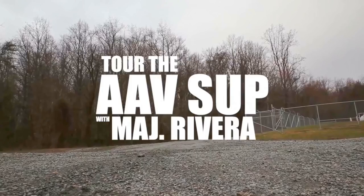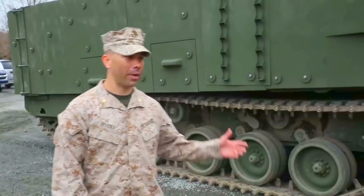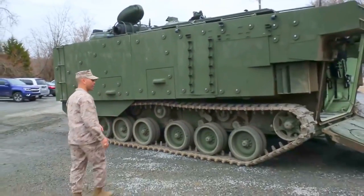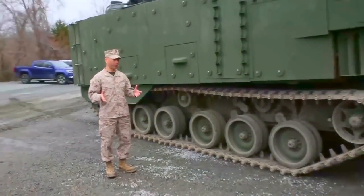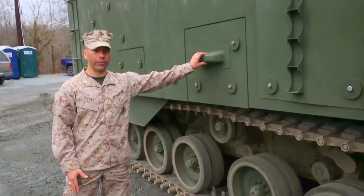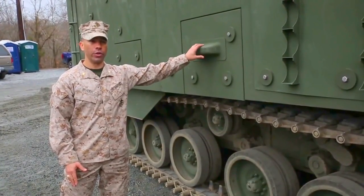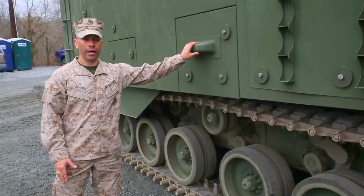I'm Major Paul Rivera, I'm the AAV Survivability Upgrade Project Team Lead. What we have behind here is the SU itself. What I'll focus in on here is we have the force protection upgrade, which is the foundation of this actual platform. So what we've done is we've actually replaced the armor and brought out buoyant ceramic armor that serves two purposes. One, to bring back that reserve buoyancy,